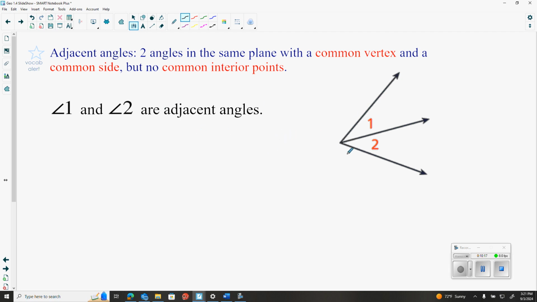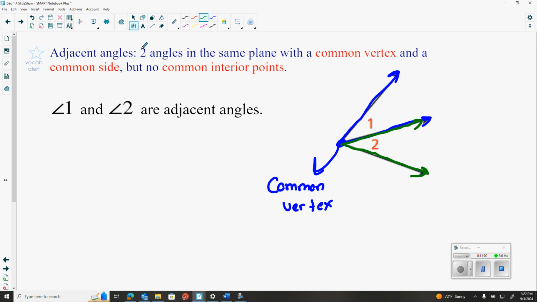So angle 1 and angle 2 are adjacent angles. Why? Adjacent commonly means next to, but we need more than that. Looking at this, I have a common vertex right here that I'm highlighting in blue. Now remember, the definition of an angle is two rays that share a common endpoint. So angle 1 is represented by this ray and this ray, and I can't name those rays because I'm not given anything. And then angle 2 is represented by this ray as well,